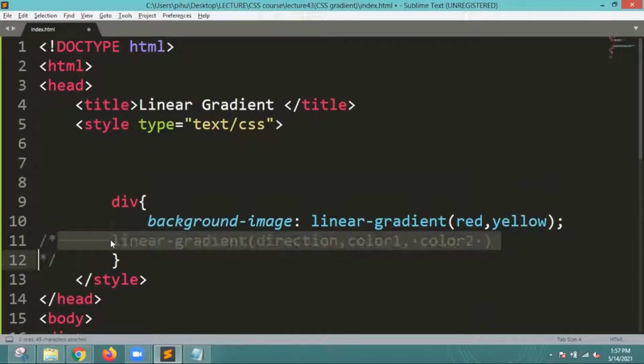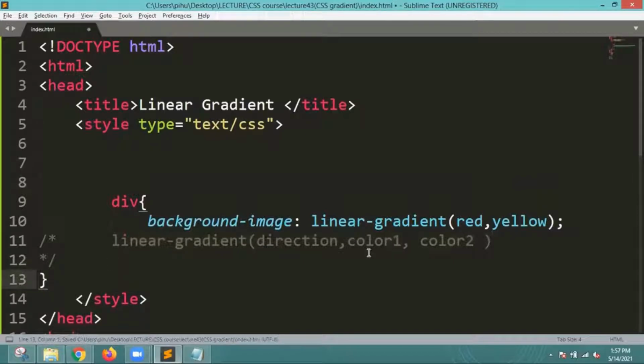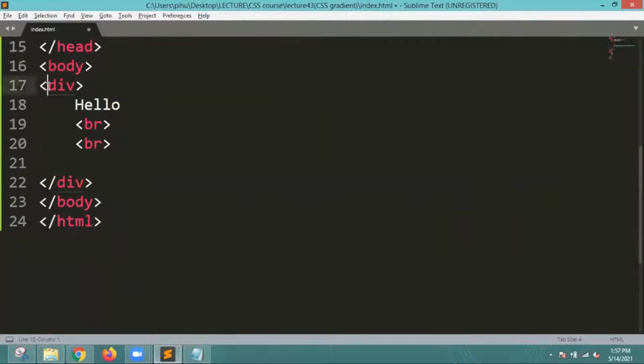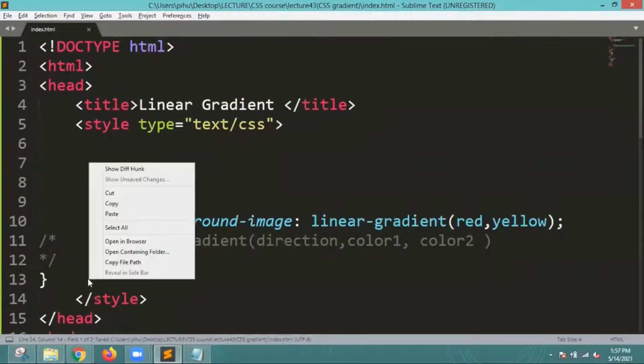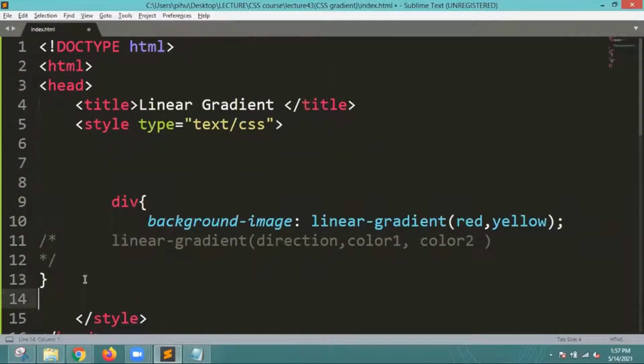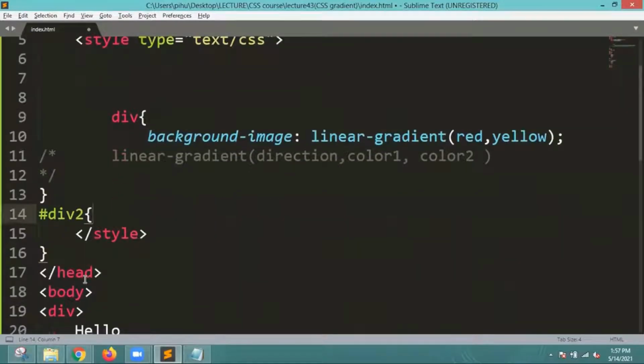Okay. So now I have mentioned the linear gradient like this. Fine. I have mentioned it as a comment. Now let me give you one more example. Fine. So here I will write div and its id, you can give anything. I will write div2, and then inside the div2 I will mention a different kind of linear gradient. So first I have to add the id name, and inside the id name I will just write